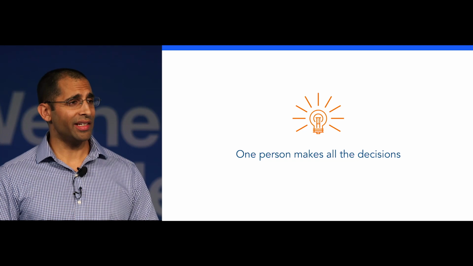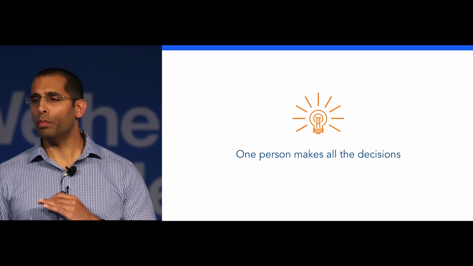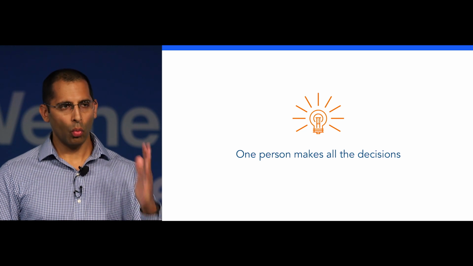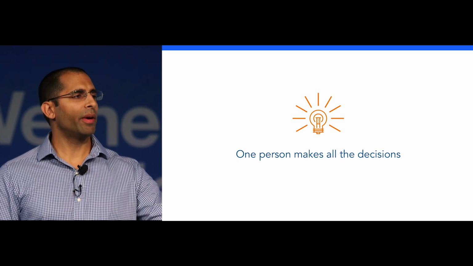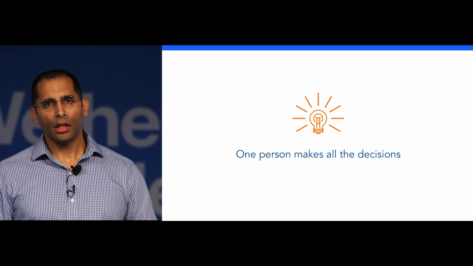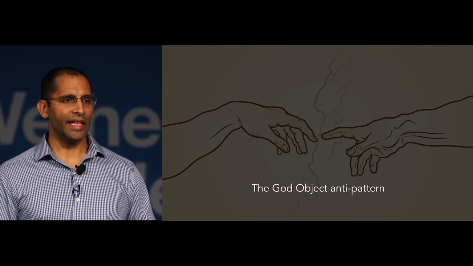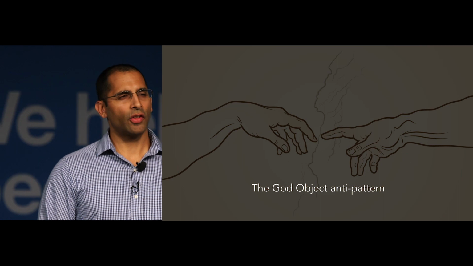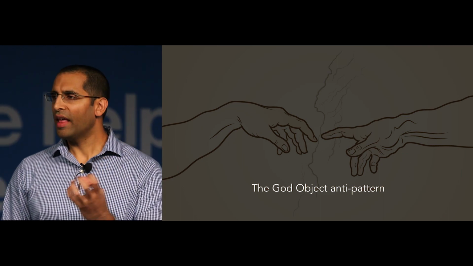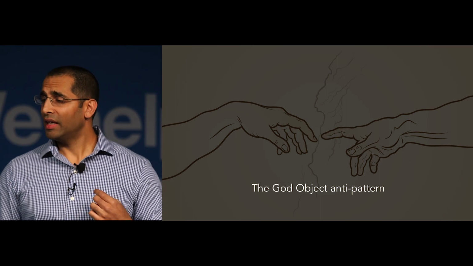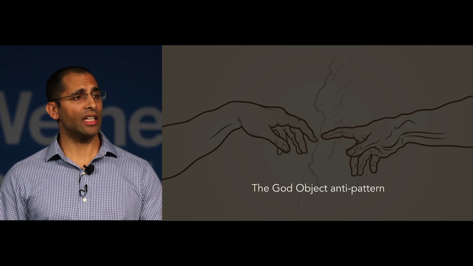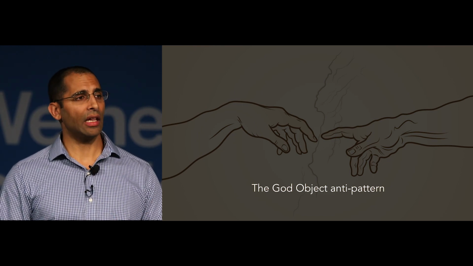Well, I've got a bright idea. You just have one person who makes all of the decisions. Then you don't have any disagreement. One person's in charge. Everybody does what they say. In software engineering, we call this the God Object Antipattern. It's where you have lots and lots of code, but you've got that one chunk of code that knows everything about everything. It's a pain in the butt to maintain, it's really easy to break, and it's incomprehensible. It doesn't scale at all.